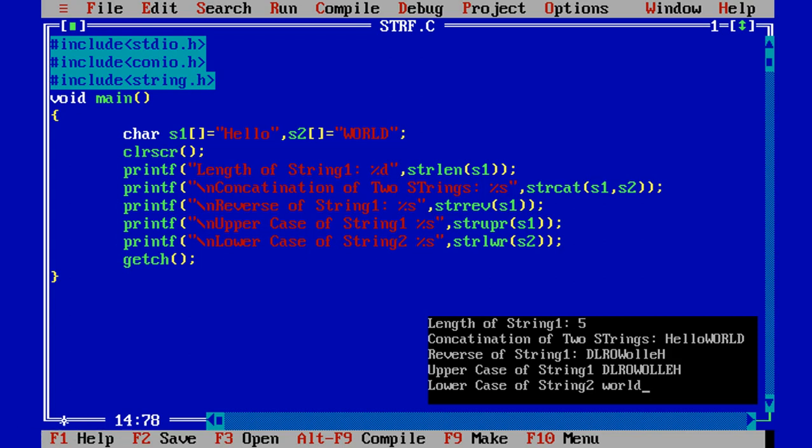Okay everyone, so now we are discussing the program of string handling functions. All the functions which are important in string handling we are discussing here. First of all we are taking #include <stdio.h>, which is the standard input output header file for printf and scanf